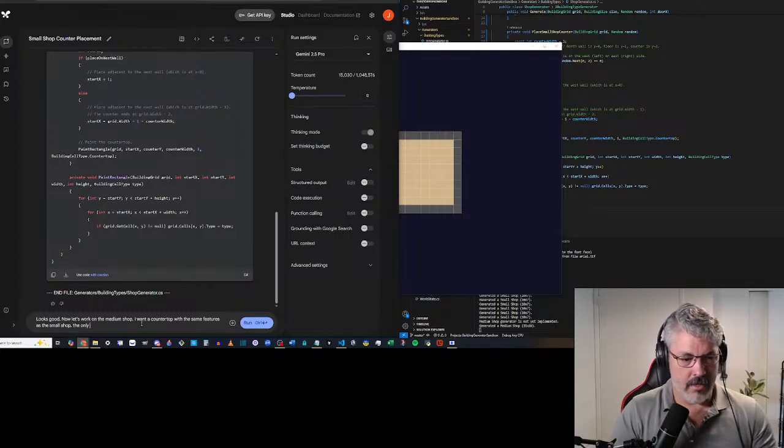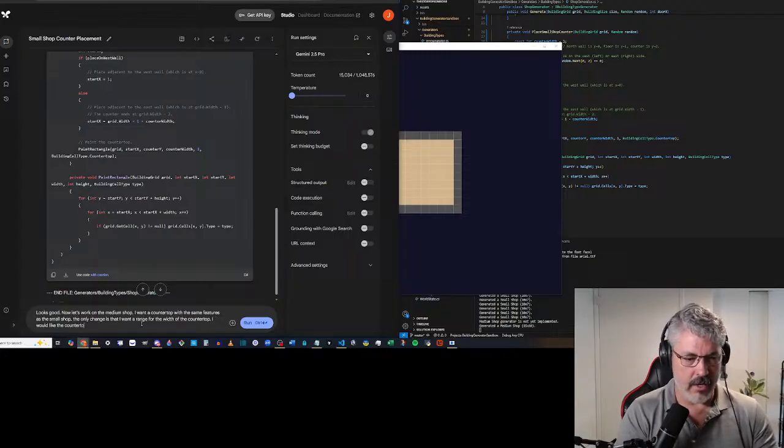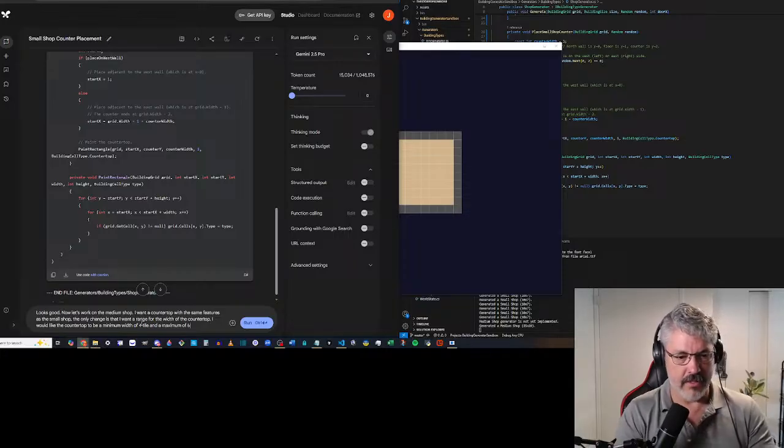The only change is that I want a range for the width of the countertop. I would like the countertop to be a minimum width of 4 tiles and a maximum of 6.